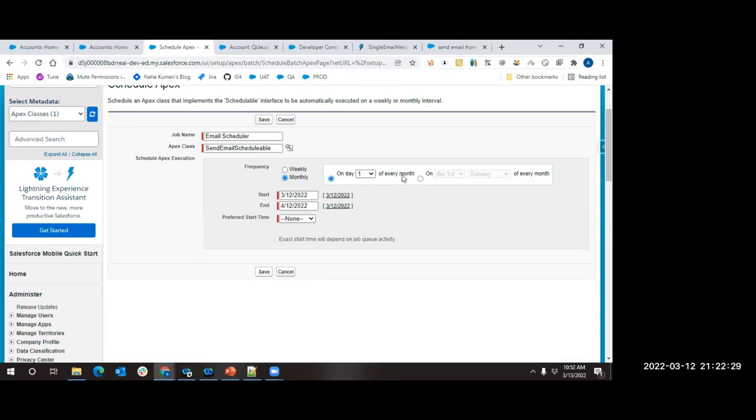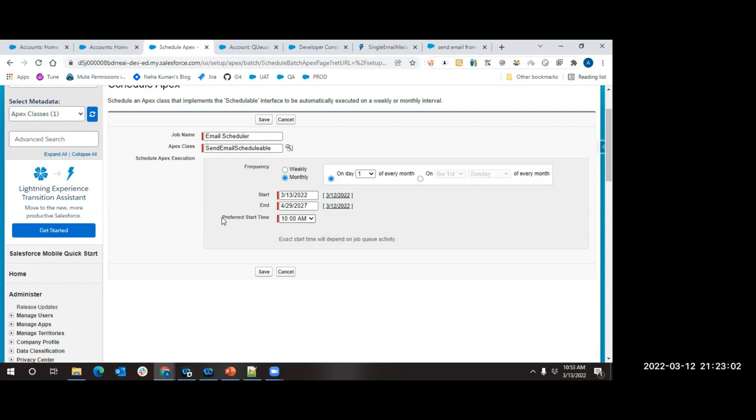Then you can say from which date to which date you want this job to get executed. Starting from today, the 13th, I want this to happen till the 27th, something like this. And when do you want your job to start? At around 9 o'clock, or at around 10 o'clock. Okay, from the 13th till 29th April 2027, on the first of every month at 10 o'clock, I want an email to be sent to my email address, whatever I have mentioned, and you can just say save.